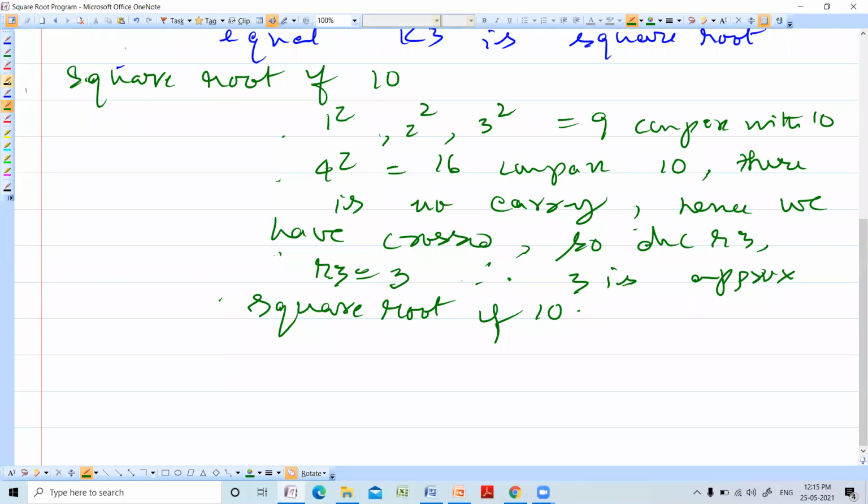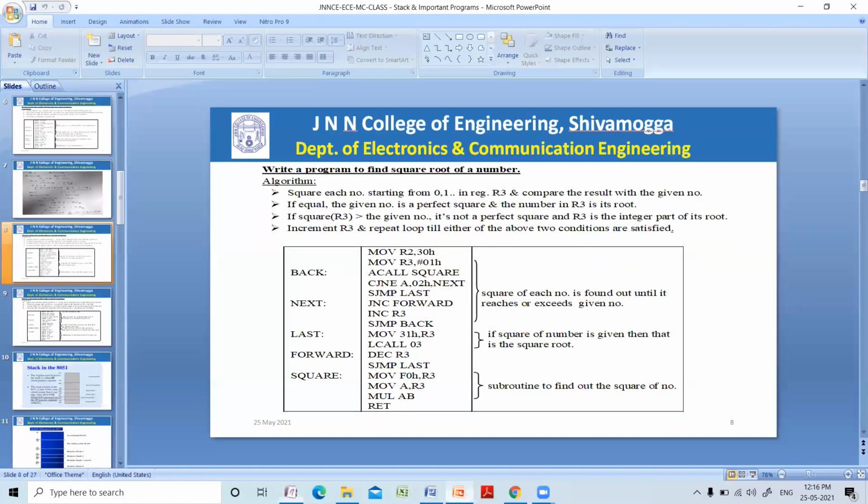So now let us write the program. Move R3 as 1. Just see this program, where you have taken the data.